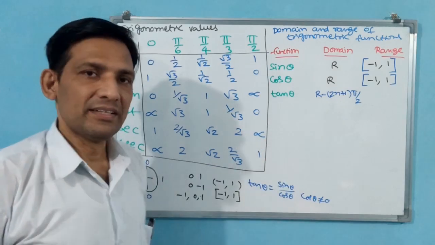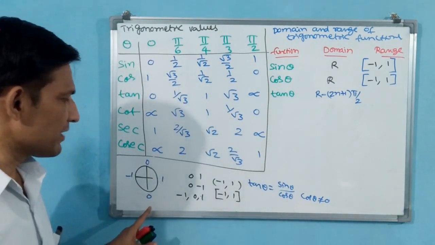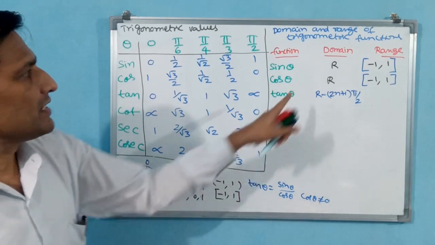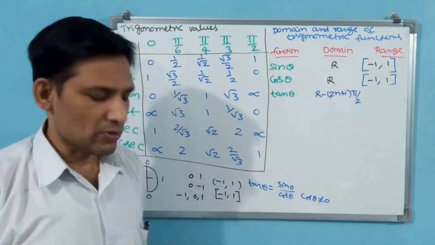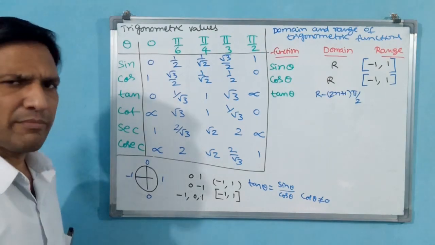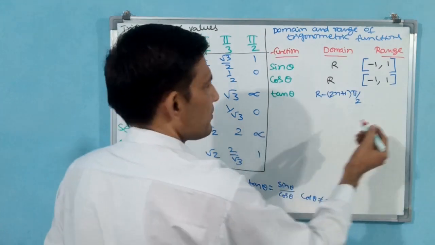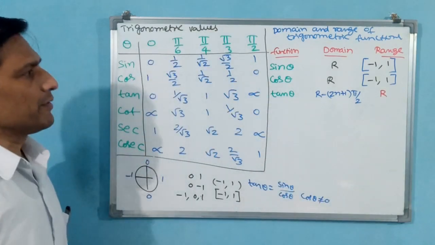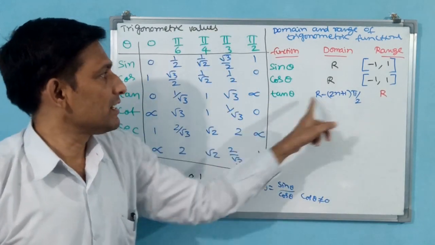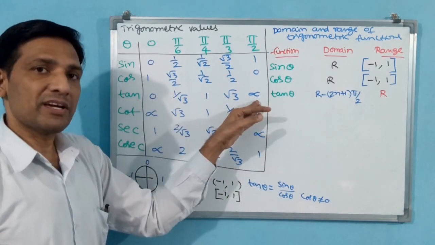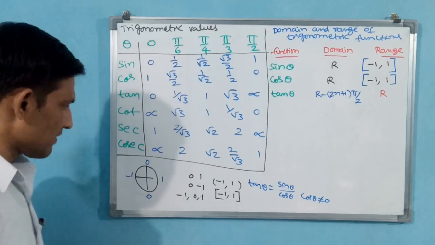This is the domain. That means cos theta should not become 0. Cos theta is becoming 0 at these two, you have to omit them. That is why the domain itself you have to control. Then what about the output? Output, real numbers will come, minus infinity to plus infinity. You see here, if you have doubt, tan theta from 0 to infinity, and 0 to minus infinity also, the same results are going to come.